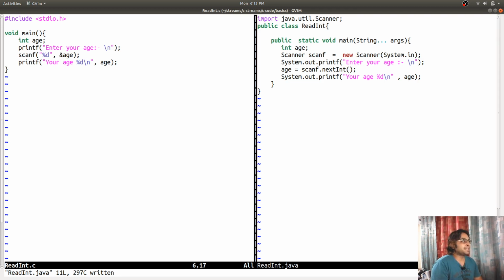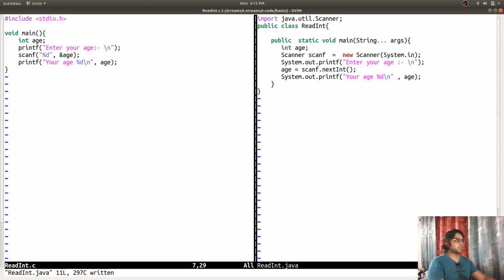So we are basically passing the address of the memory to the scanf function, and scanf is going to read an integer and put that value at that memory address, and then we are going to read that age variable from that memory address in the RAM. So you see how similar both the languages are, and I hope that it is helping you to understand C language if you are a Java developer and want to move to C language.